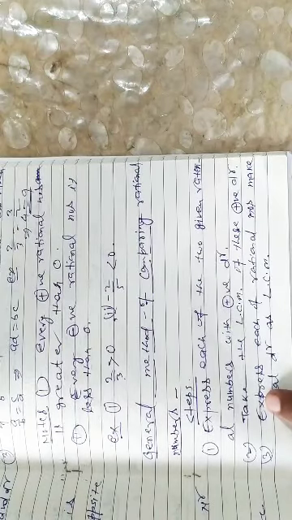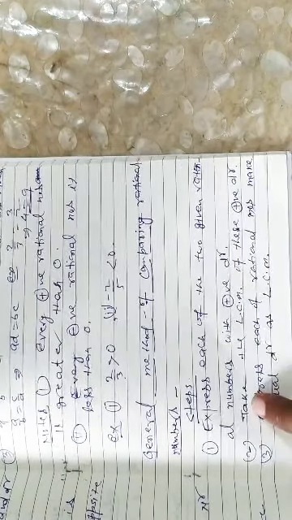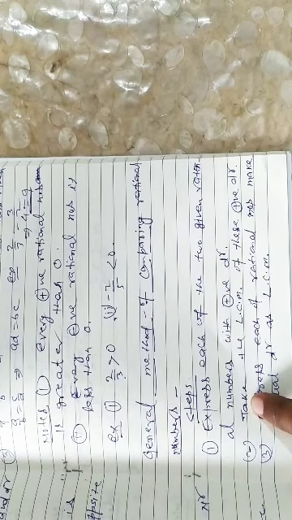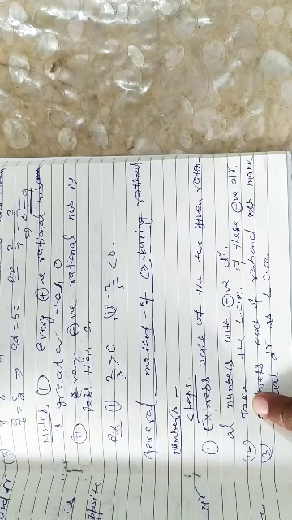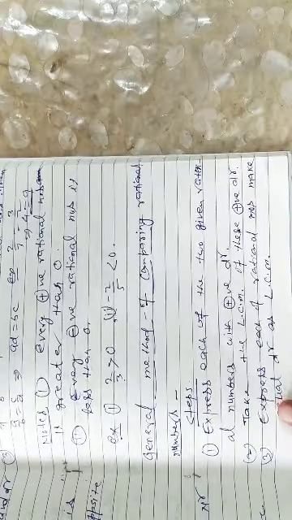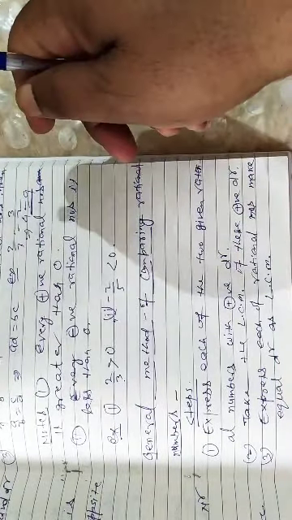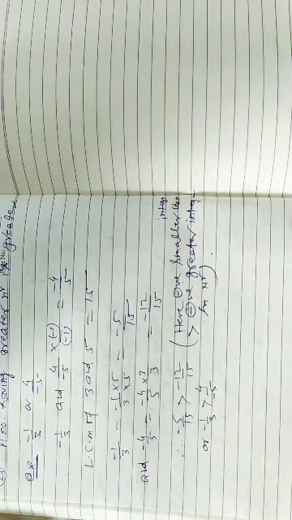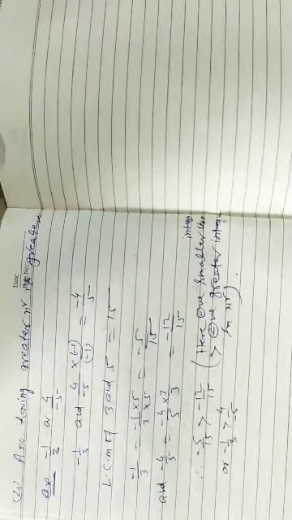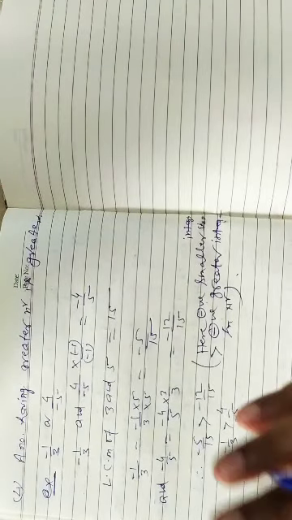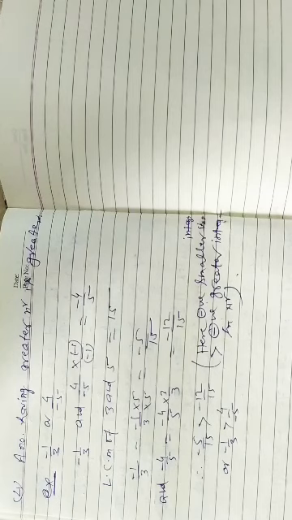How can we take the LCM? You know. Suppose that you cannot take it, then suppose that 4 and 6 are given. For example, then the LCM of 4 and 6 will be 12. Understood? Third, express each of the rational numbers with equal denominator as the LCM. Fourth property is, the number having greater numerator is greater. So we can decide which rational number will be greater and which will be smaller. So we can do the questions from the exercise.